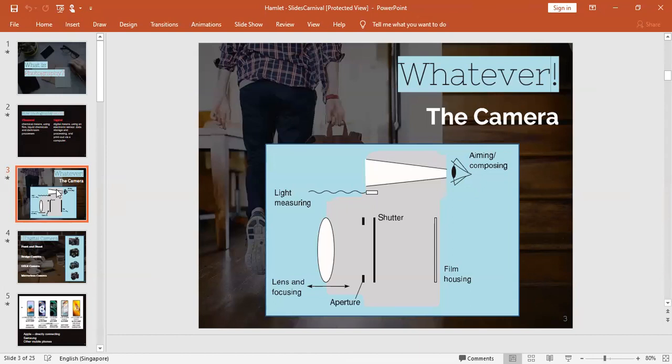Through the lens the camera receives the light, and the light measuring, shutter, and aperture everything is controlled. In film roll cameras we also had these options. The image is sent either to a film roll or to a digital storage. If you can see it on a digital display, that is a digital camera.